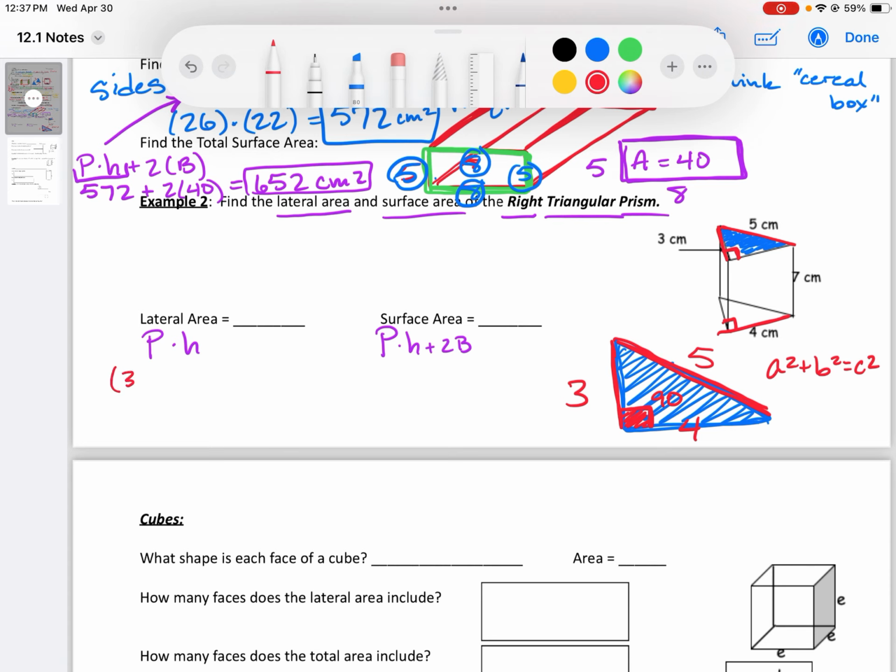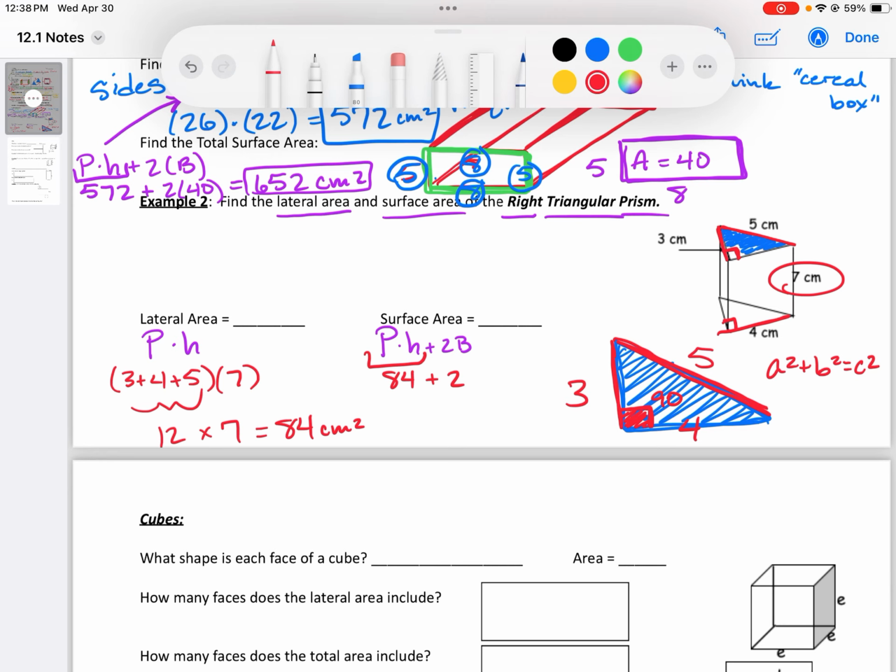So when I have this 3, 4, 5 triangle, the perimeter is going to be 3 plus 4 plus 5, because those are all my sides, and my height is going to be 7. So when you do 3 plus 4 plus 5, you get 12. When you multiply that by 7, you get 84 square centimeters. Now for my next one, I still need pH, which we just said is 84,